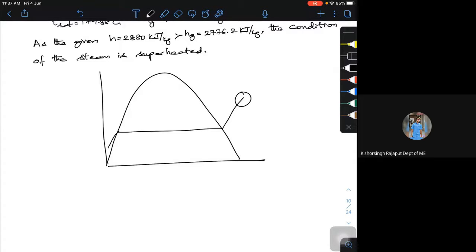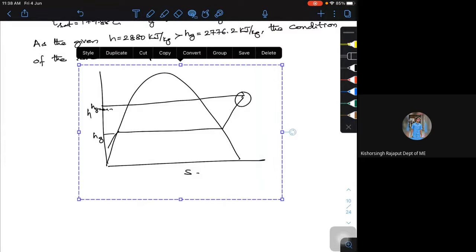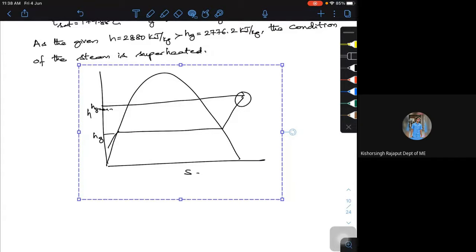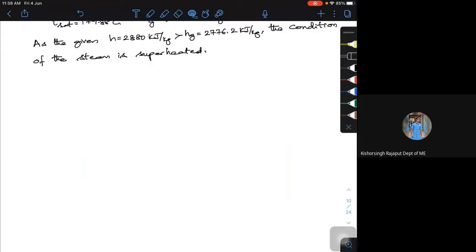Okay, if you write an HS diagram or whatever it may be, the enthalpy is here actually. But if you look at the dry condition, this is Hg, this is H given. Are you getting the HS diagram? On the HS diagram, the enthalpy is far greater than the given enthalpy. That's why it is in superheated condition. Fine. Now let us look at the second condition.